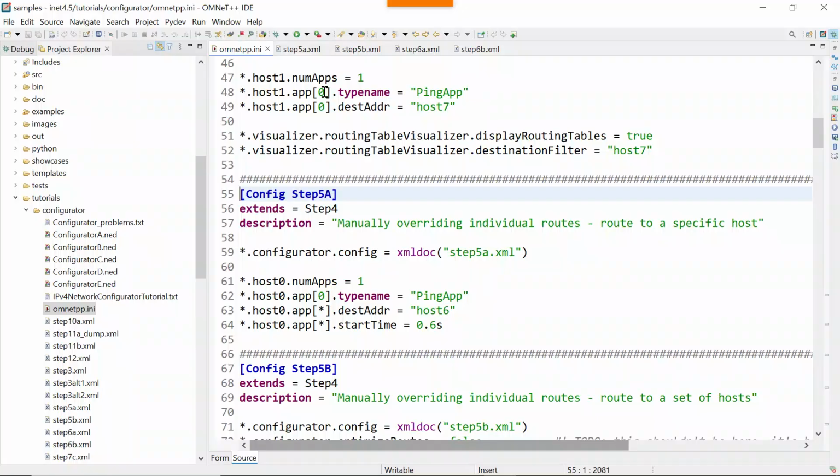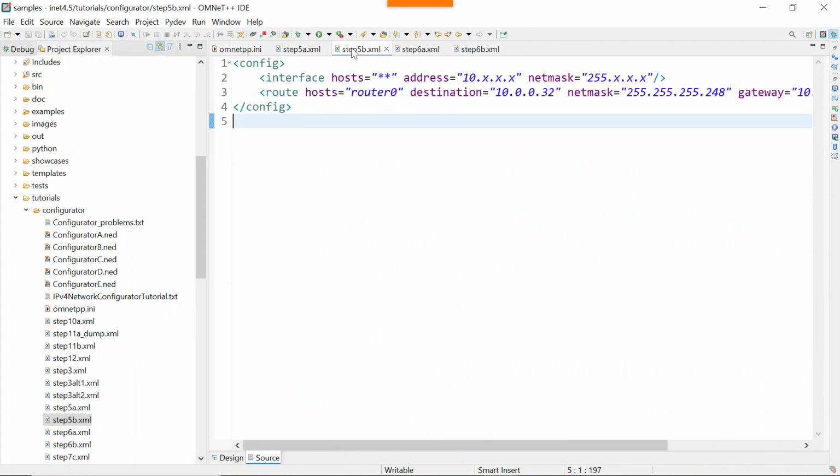Now, moving on to step 5B. This one is about manually overwriting routes for a set of hosts instead of a single host. That's the difference basically between 5A. It's similar, but the main difference is that 5A is one specific destination and this one is for the entire subnet. In this configuration again, we see IP addresses assigned automatically to all interfaces, but the route definition